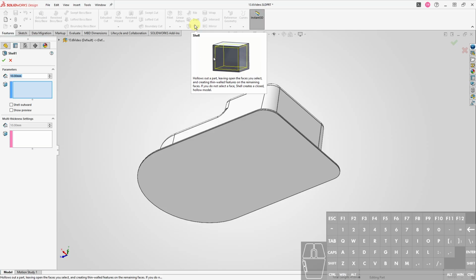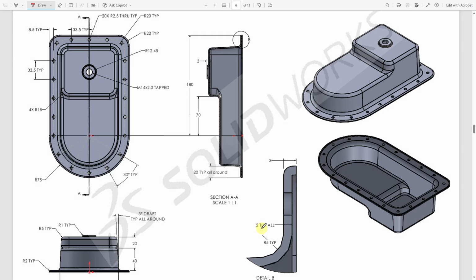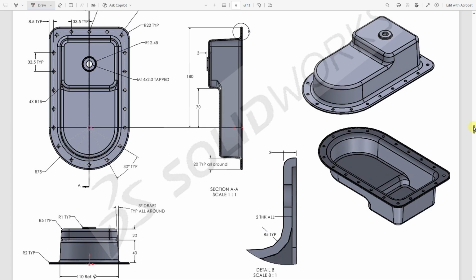So we'll shell away the bottom here. And oh, we gotta add the thickness, which is 2. We can see that from right here, 2. Oh, there's one thing we have to do actually before the shell. I just realized. If we look at this cross section right here and kind of zoom in on that,